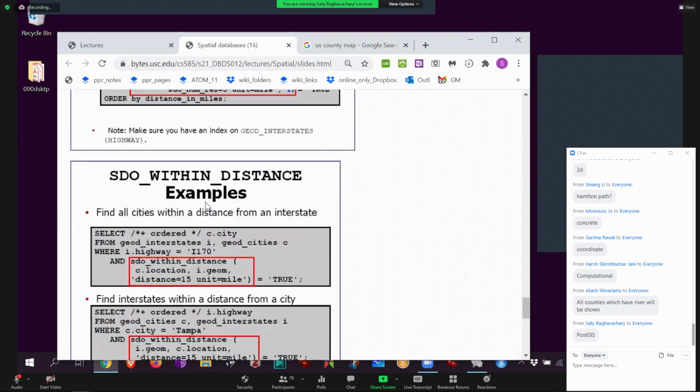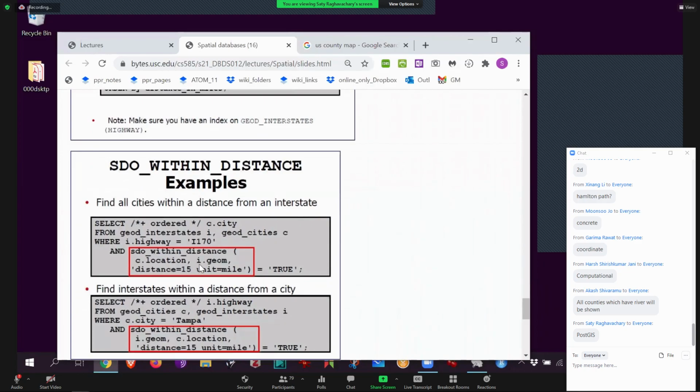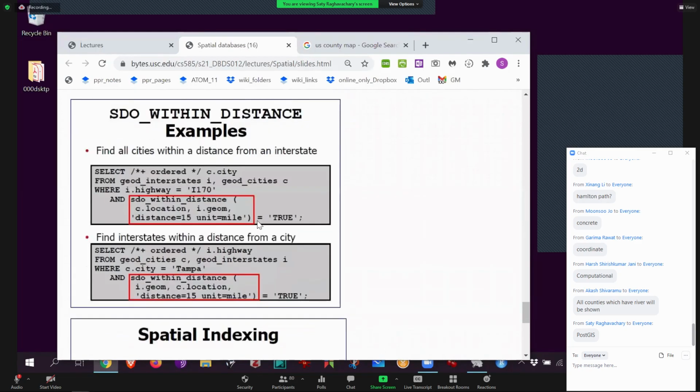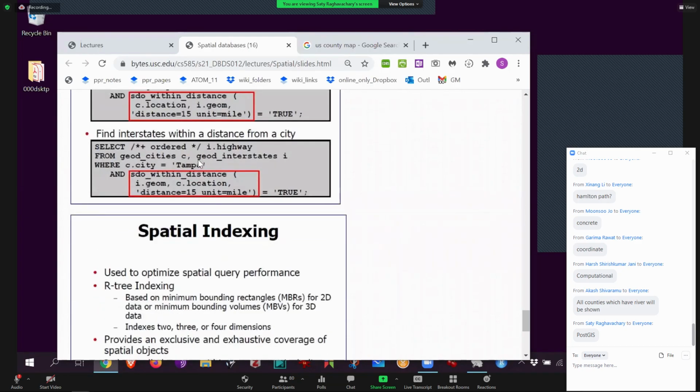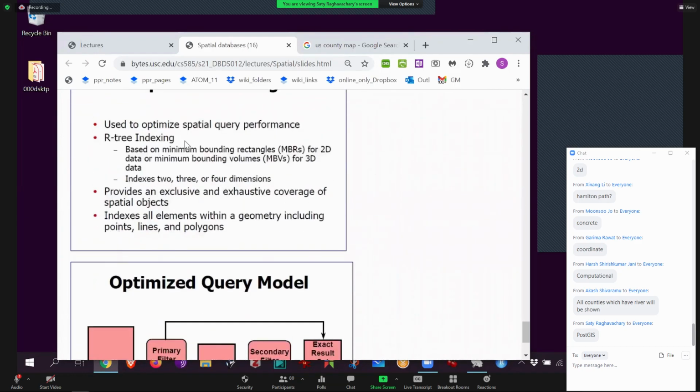Cool. And then within distance, this is the one that I was telling you earlier. So this says within a radius of 15 miles, tell me something I'm looking for. You get that? This is your location, your car, and then give me all the buildings that are within 15 miles, a certain type of building. Or in this case, it's a highway, but it can be a building. That's all it is. So just do distance calculations, spatial calculations.